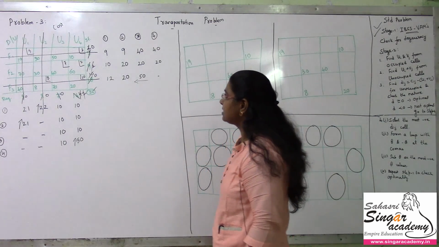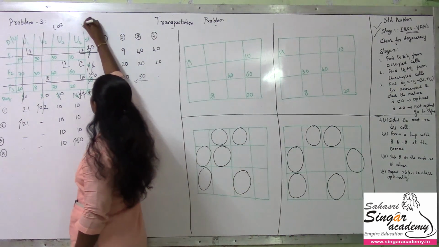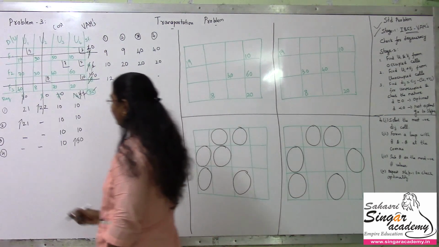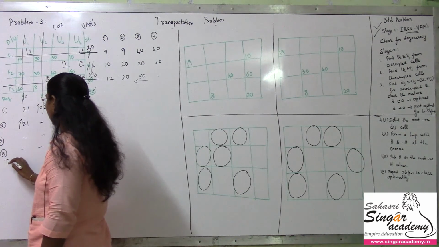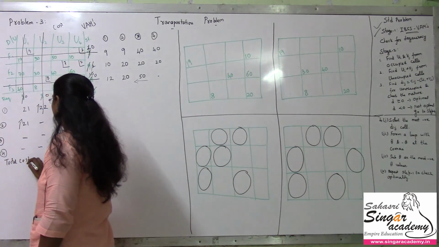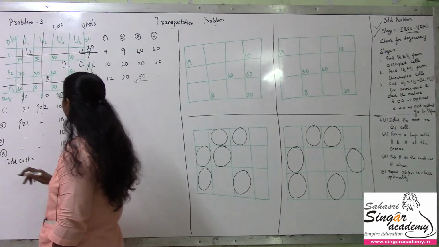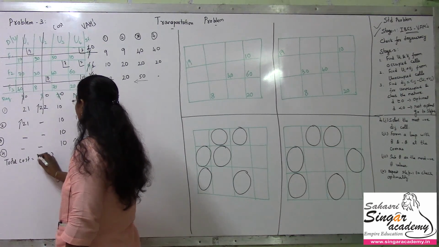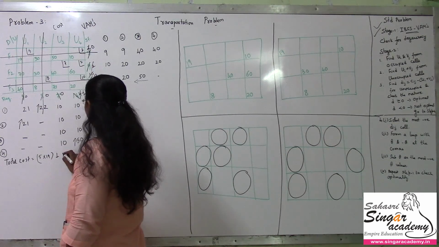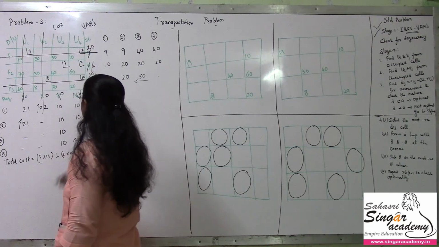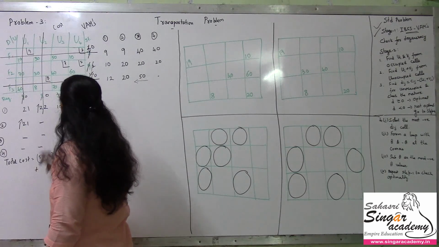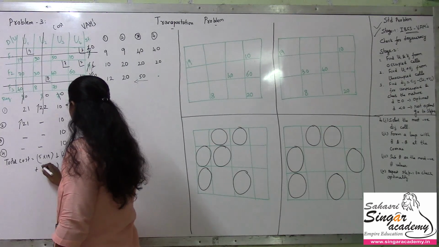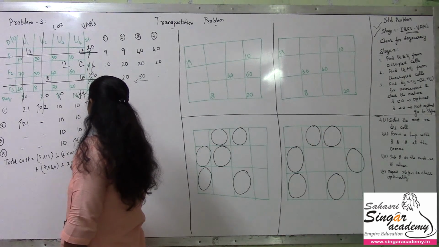So we have found this using the VAM method. And let me have the total cost. Total cost, what we have found here, is 19 into 5 units at 19 rupees, so 5 into 19, okay, plus 2 units at 10 rupees each, so 2 into 10, plus 7 units at 40 rupees each, and 2 units at 60 rupees each,